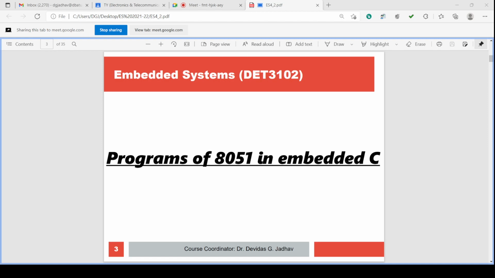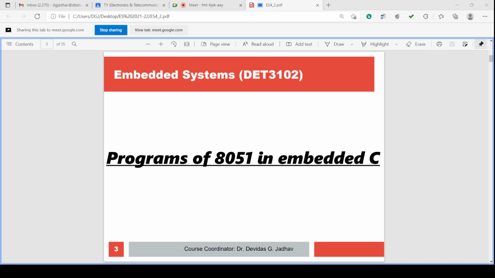Whatever the commands and instructions are in the C language, very similar instructions are there in the embedded C language, and according to the requirement some instructions are modified or changed, but those are very similar to the C language. Those who know the C language, very similar structures of language constructs are there in embedded C also.